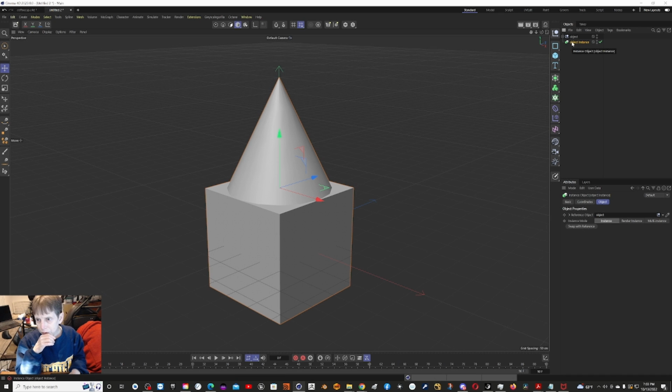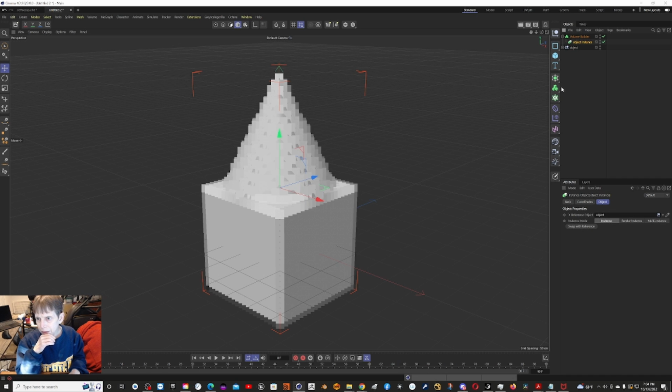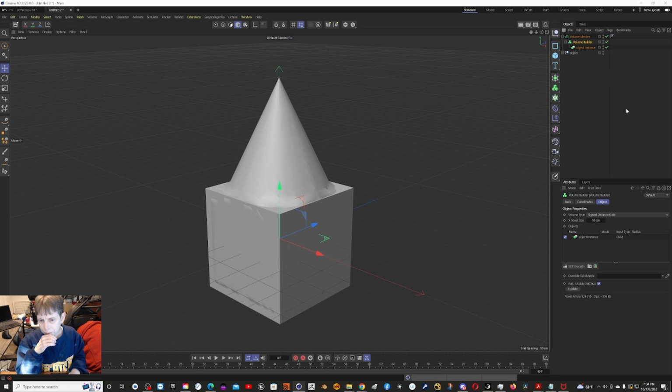You can turn around and use your volume builder, and then do your volume mesh, and there you go. Now what you want to do with the builder probably is take this down to 1,